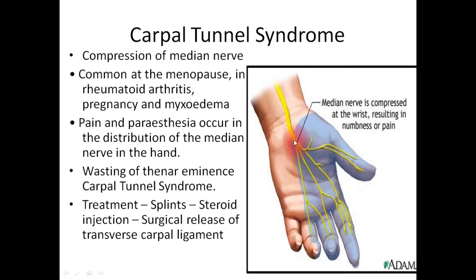The symptoms include pain and paresthesia along the distribution of the median nerve, that is the lateral 3.5 fingers, and it results in wasting of the muscles supplied by the median nerve, that is the thenar eminence. Treatment includes a splint and steroid therapy could be given. If the condition is severe, surgical